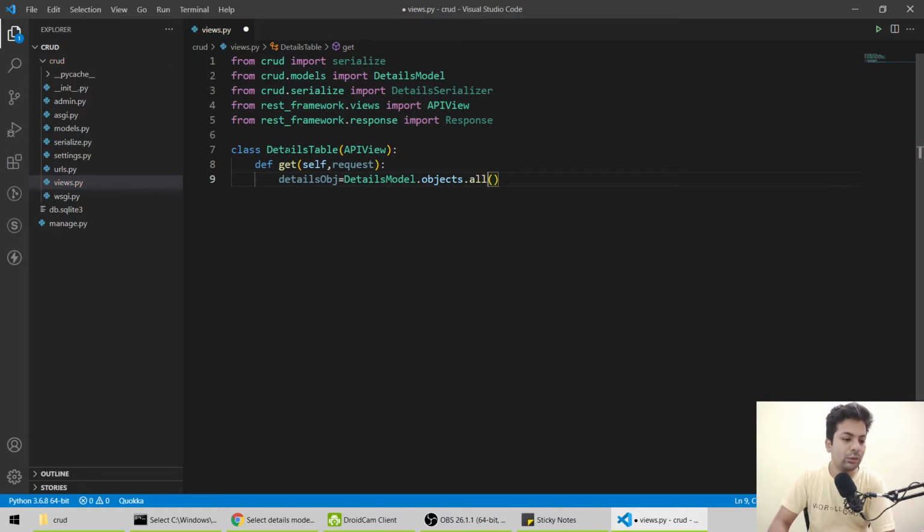So whenever we hit the request, in this class it will come to get. We have written get, so if you write something else, that will mismatch. So we are telling it that it will be a get request. It will come, and from this model it will collect all the data. Okay, then we'll say,